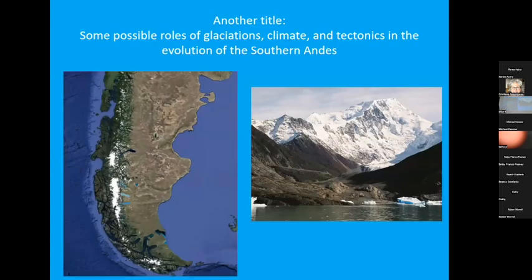So here's another title of the talk, and one of the themes of today is thinking about how mountains grow and how they erode down. And as I'll mention, over the last few decades, there's been a lot of